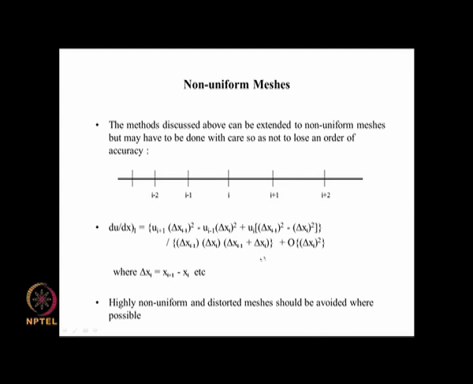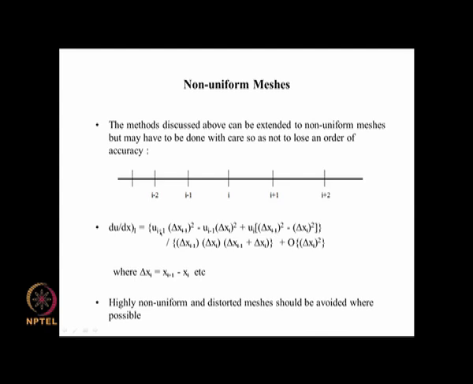And this whole thing is formally second order accurate with respect to delta xi. Okay. So let us see whether it stands a simple test, which is that if delta x i minus 1 is equal to delta xi, then we should be recovering the earlier formula. So, in such a case this is delta x square and this becomes 0.